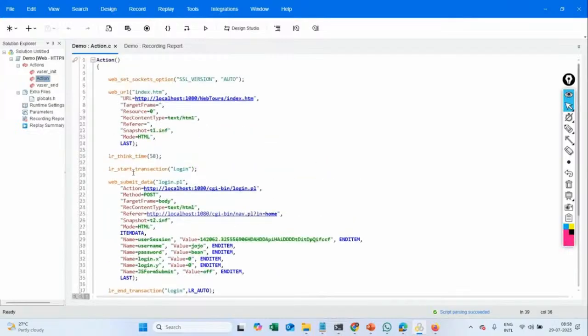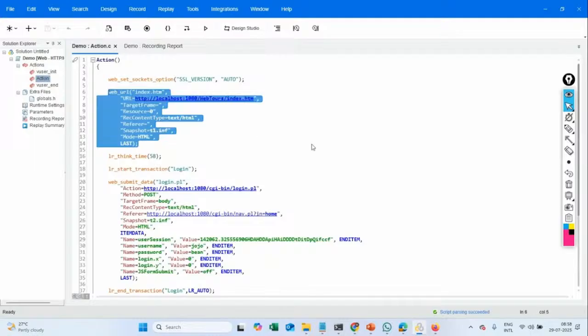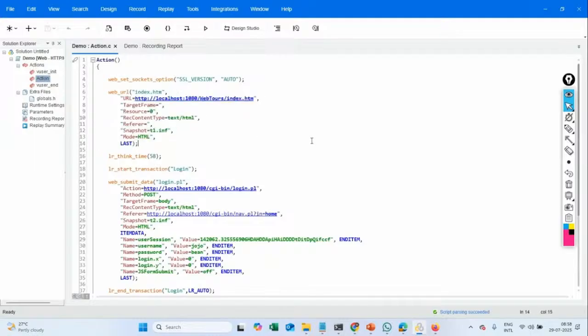And if you see before line number 18, can anyone tell what this is all about? Can anyone tell? Launch page request. Okay, launch request, right? That is the launch request. So then why is there no start